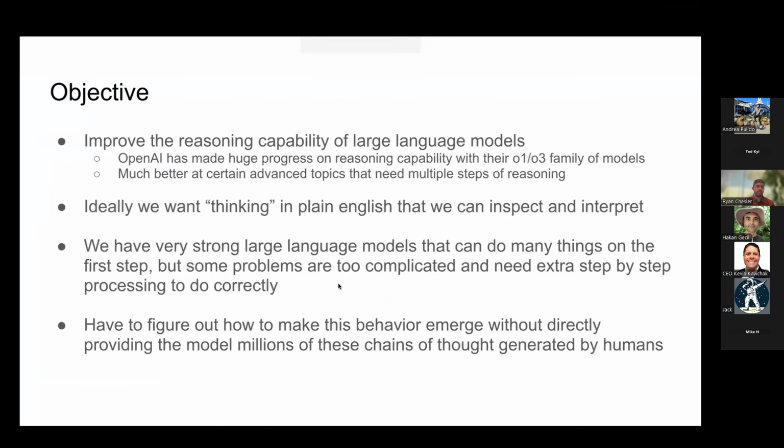So the focus of this R1, their big goal, was to improve the reasoning of large language models. OpenAI has released their O1, and they just released O3 Mini yesterday. So that's an even stronger model that they've released. And a lot of these large language models have gotten good at